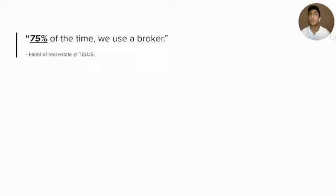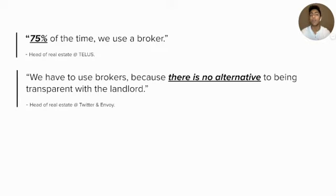We wondered, hey, why do they use a broker in the first place? And we realized that a lot of that is because they don't feel like they can currently be transparent with the landlord. If the broker could very transparently talk to a landlord, then very easily they'd be able to form a relationship and also be able to get the space that they wanted. But currently, that's not the case, because there's no medium in between the two parties to create that relationship and even start that off. So we know that they use a broker a lot, and we know that the reason why they go to a broker is because there's no alternative currently to being